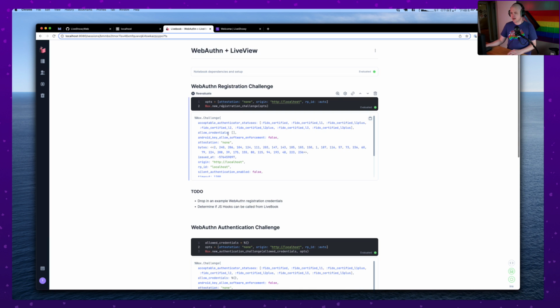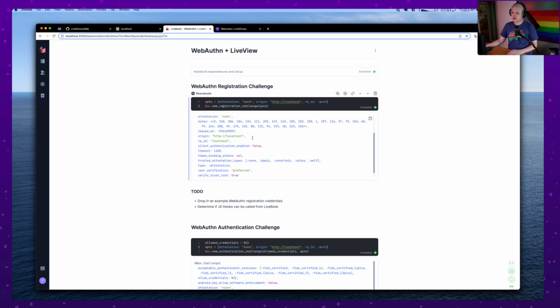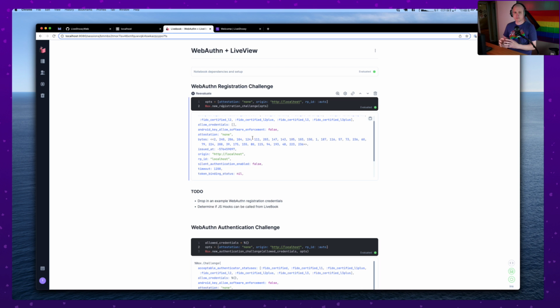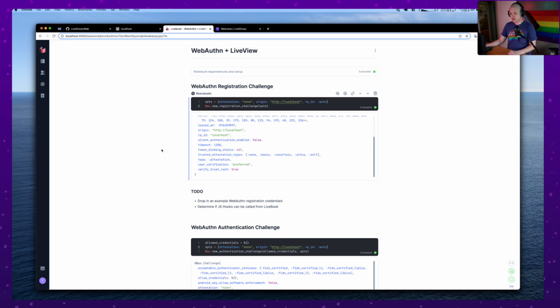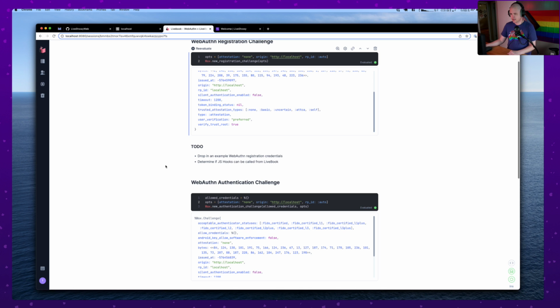And this is the data that it returns. So this is the challenge. We're going to store this challenge inside of the socket assigns. And then we're going to take some of this data, base64 encode it, and send it into the browser through a JavaScript hook. We'll come back to that code in just a moment. You'll see that we have a timeout here. This tells the browser that you can wait for the user to acknowledge and use a security key for up to this many